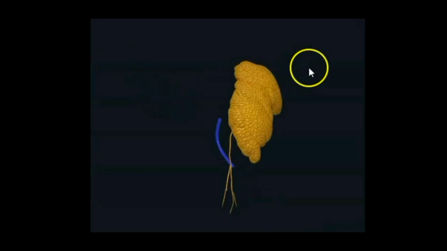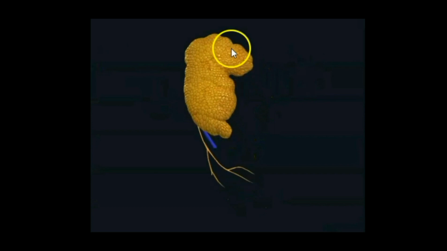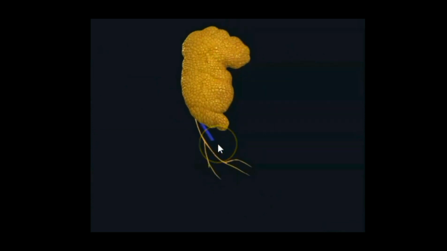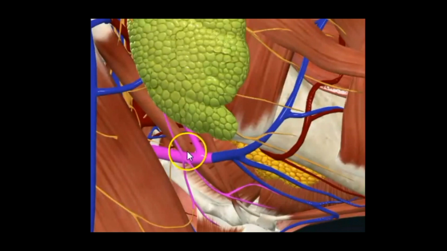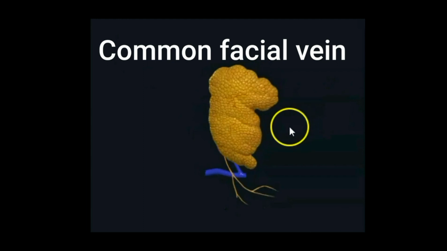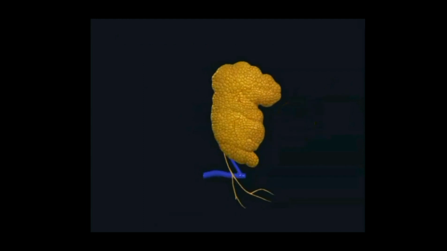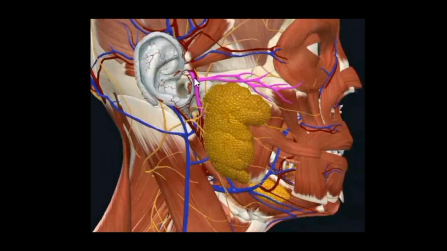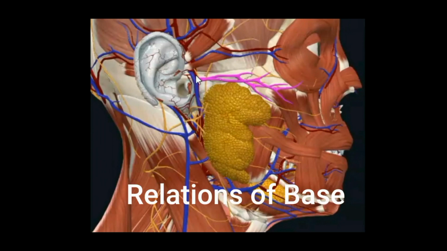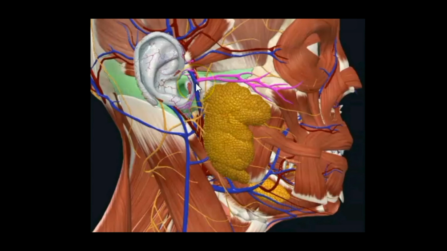So you can see here in this isolated view, you can see the cervical branch of facial nerve and anterior division of retromandibular vein passing through the apex. So 2 structures are related there, and you can also see part of common facial vein now, how it is there. So apex of the parotid gland is related to the cervical branch of facial nerve and anterior division of retromandibular vein, whereas the base is related to these superficial temporal vessels with their branches.